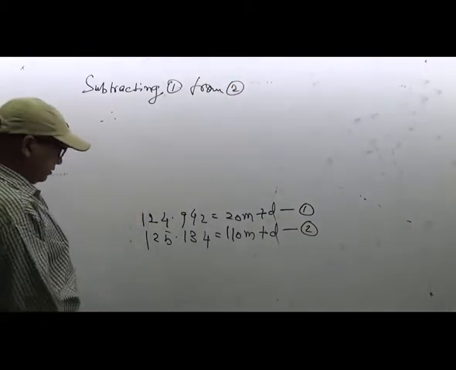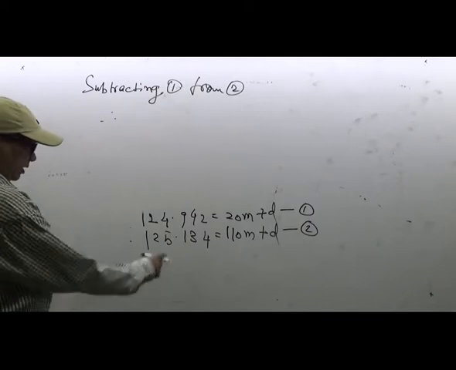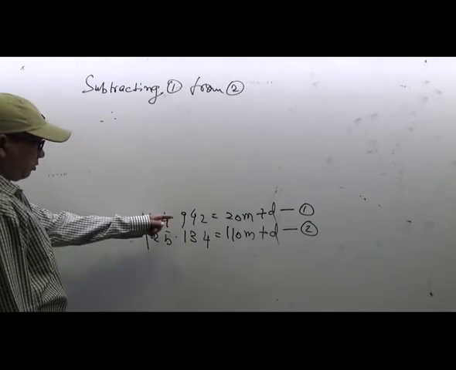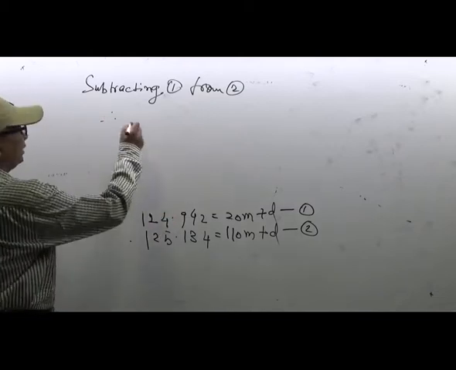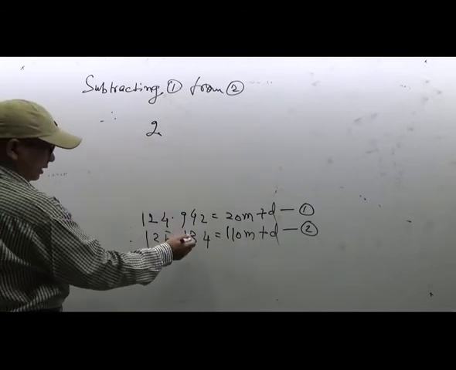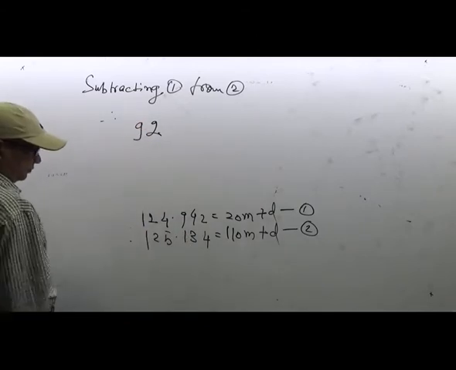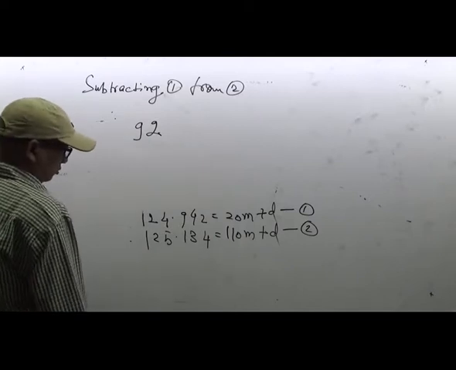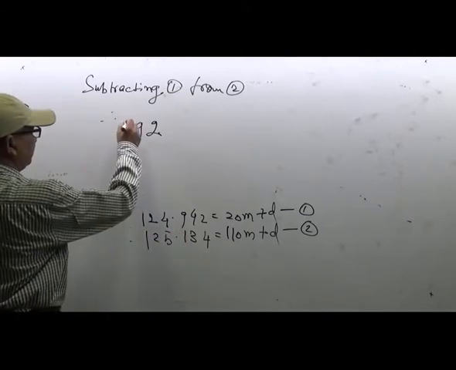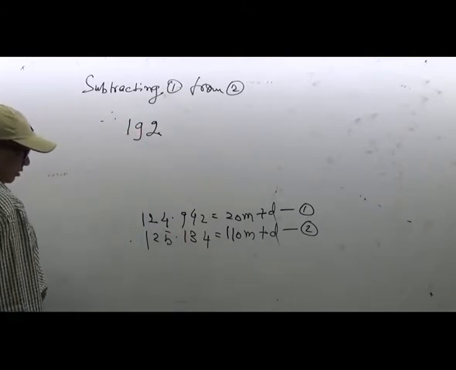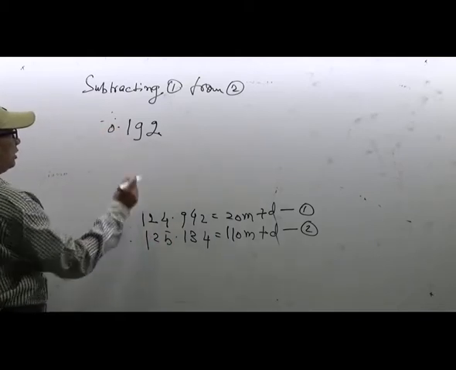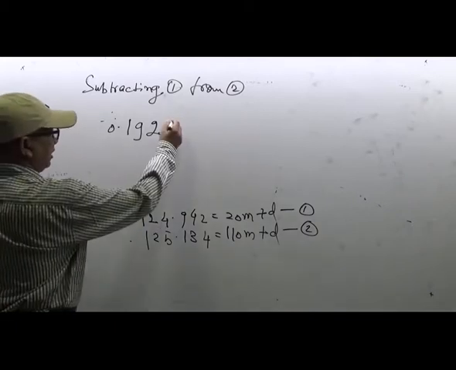Therefore, we can write 125.134 minus 124.942 equals 0.192 is equal to